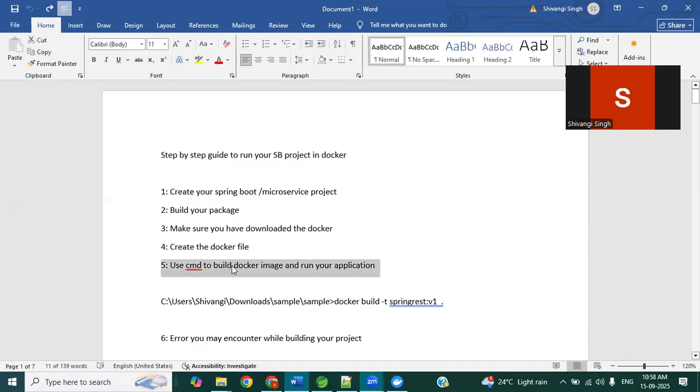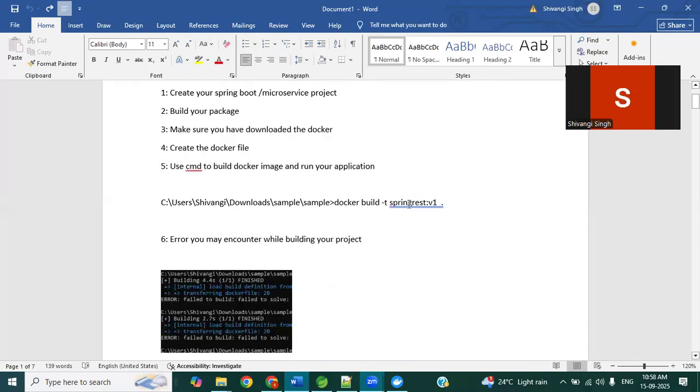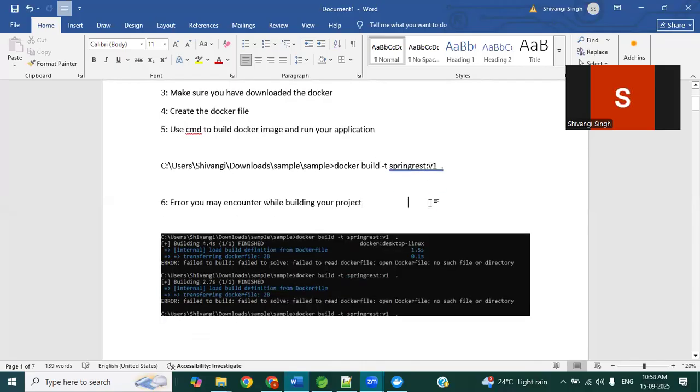Now what you have to do is go to the location where your microservice is, and in the parent directory, this is my parent main directory, I created the Dockerfile here. You need to run this command: docker build -t spring-rest:v1. It's a name. Spring REST is nothing but the name of your project which you are trying to build on Docker. So once you start, errors may be encountered. Now this video is mainly about resolving your errors and making you run your application very fast and smooth.